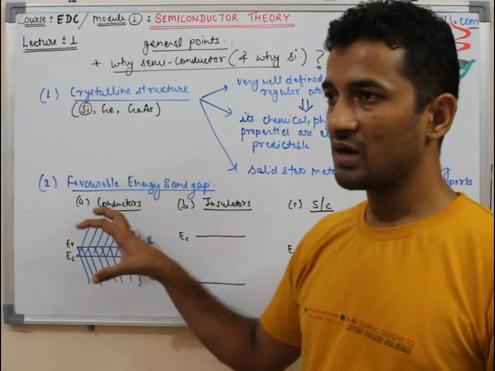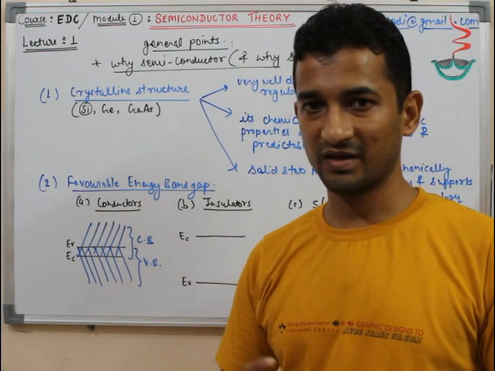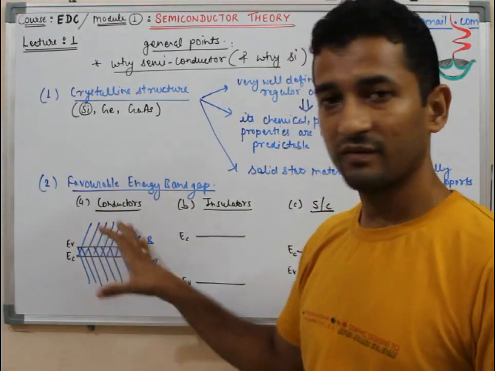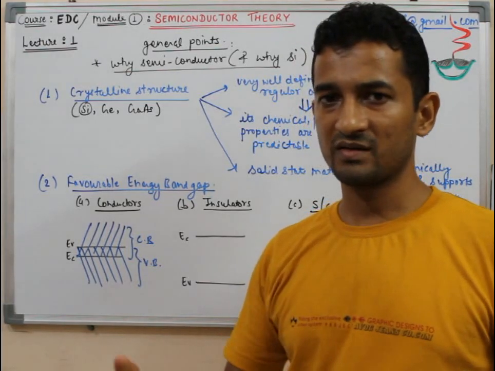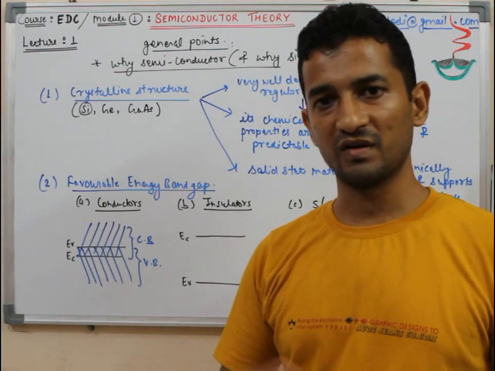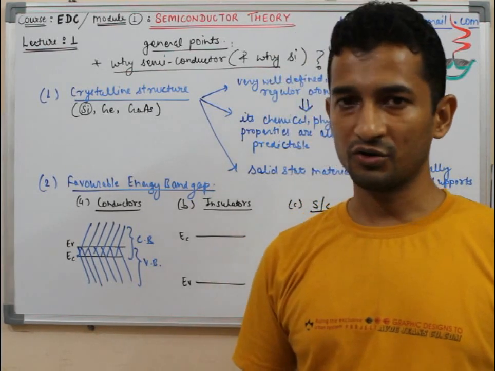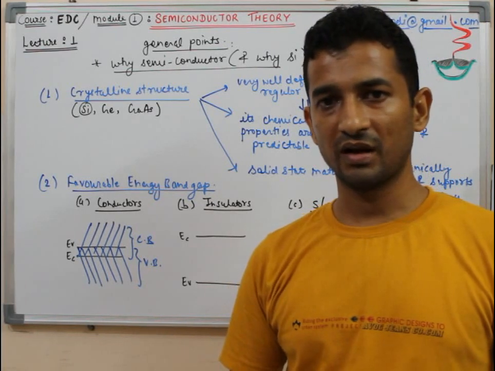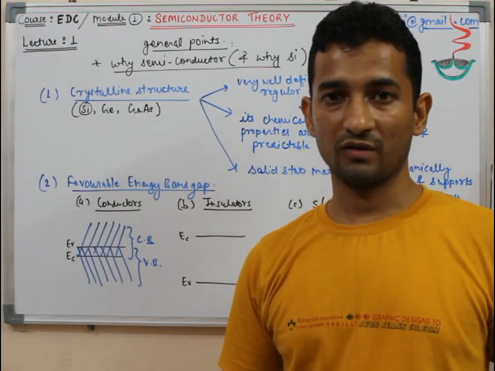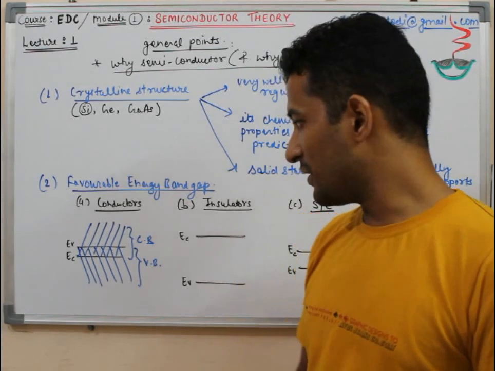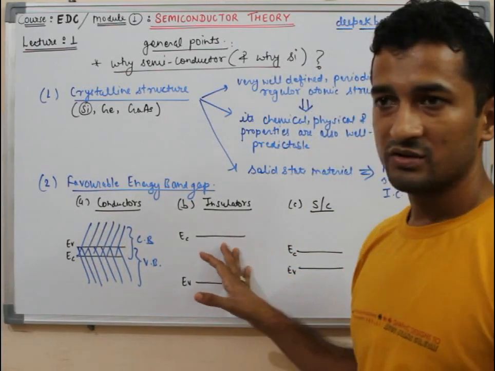So in that case, we are looking for a scenario where the amount of carriers could be controlled by some external phenomena. In the scenario of conductors, there are already plenty of free carriers available. As soon as you apply some electric field, they all will be running, they all will be responding to it, and therefore it will be like water in an ocean. You cannot make a dam for an ocean, because there is a lot of uncontrolled water which you cannot control. So this is like that scenario. Then secondly, come to the insulator.